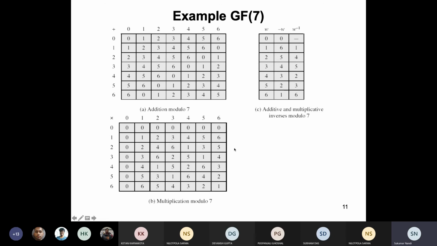We will end it here today. We will start from here because if I start, I have to conclude in this part. We will discuss this in the next class.